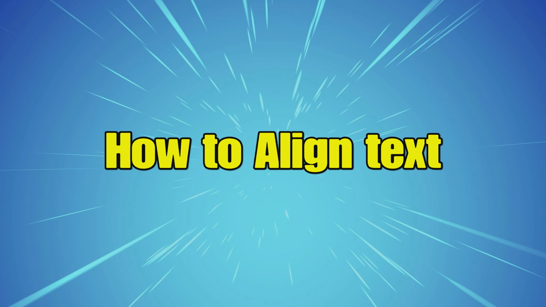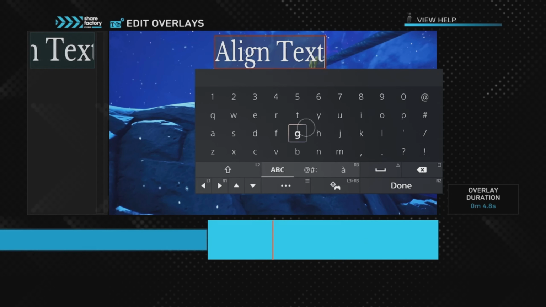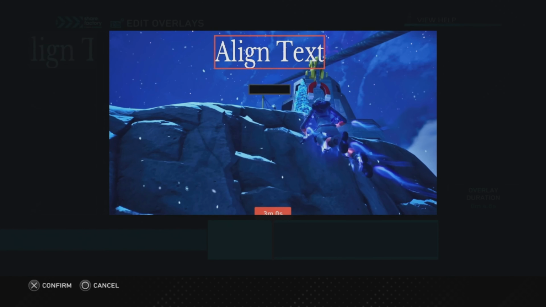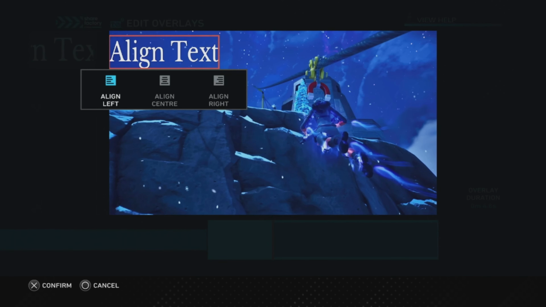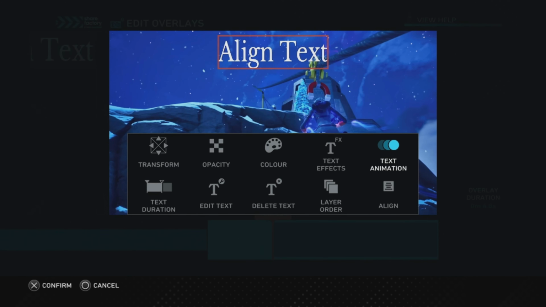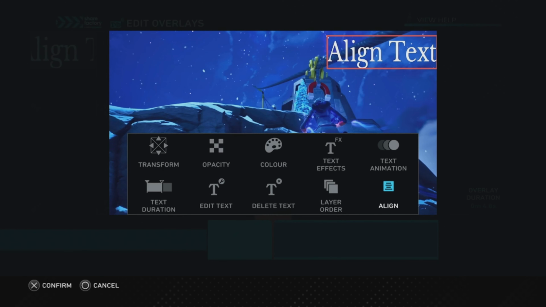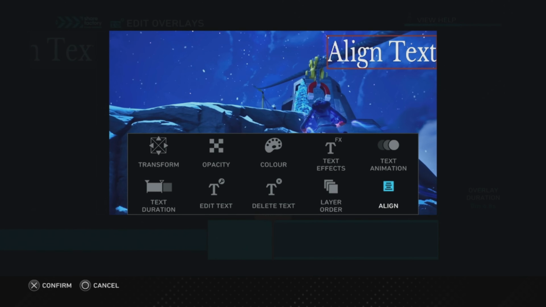There may be times when you want to align your text either with other text or certain points in the screen, so you could go top, middle, bottom, left, middle and right. So you go on to the text menu and then you go across to align and push X on that, and then you've got the options here to align left, align middle or align center, and align right. So on this screen, strangely on the align section, that's the only options it gives you, which is really strange,